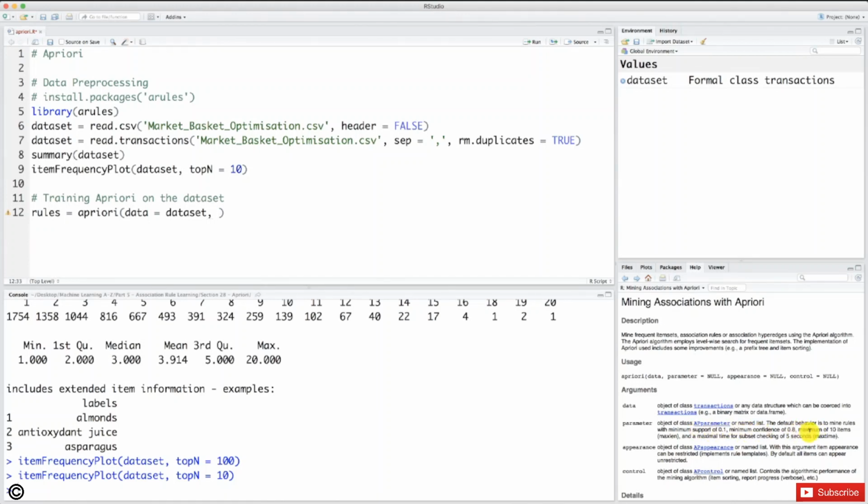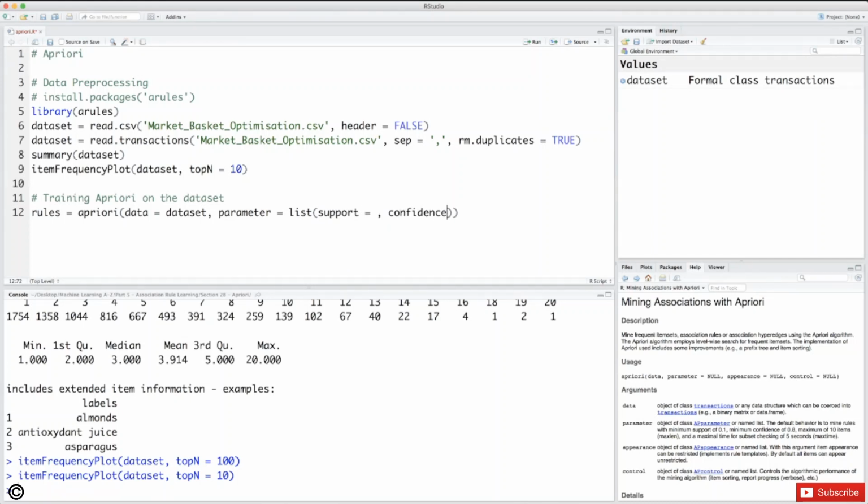And we can also specify a maximum of items you want to have in the rules. So that's given with maxlen. And actually, it's also possible to include a minlen, specifying the minimum number of products you want to have in your rules. But we won't actually need that. And what we will need inevitably is the support and the confidence. So let's input that. So parameter here. And we need to include the support and the confidence in this parameter the following way. We're going to take the list function. And in this list, we're going to input the support and the confidence. So I'm going to add the two arguments here,